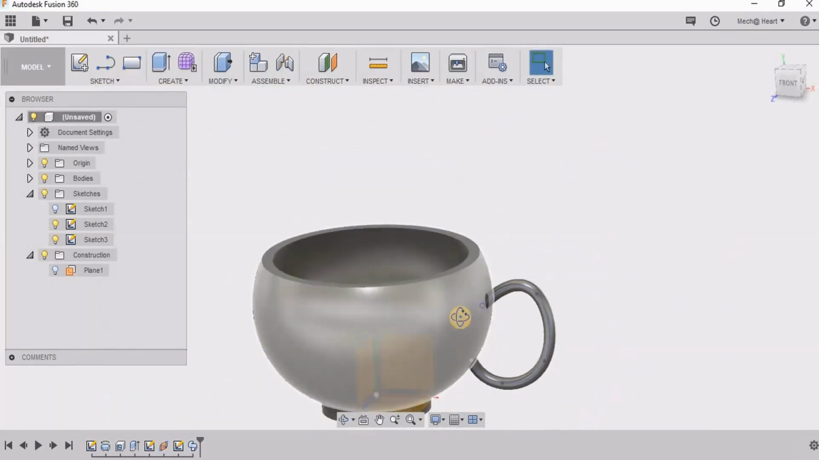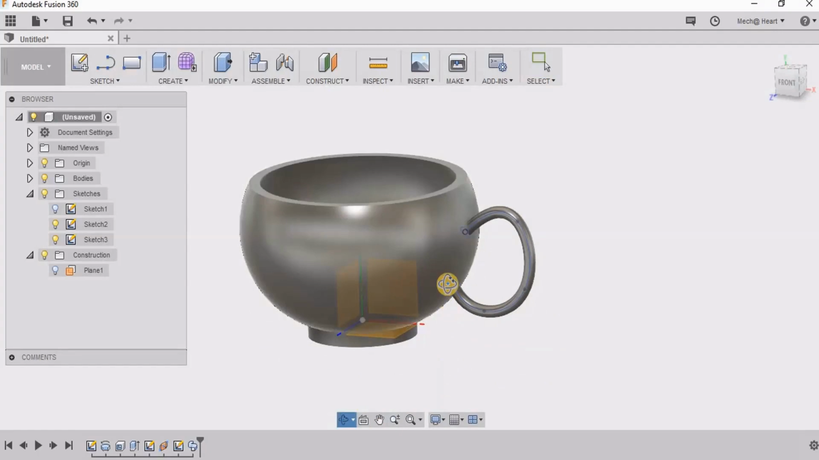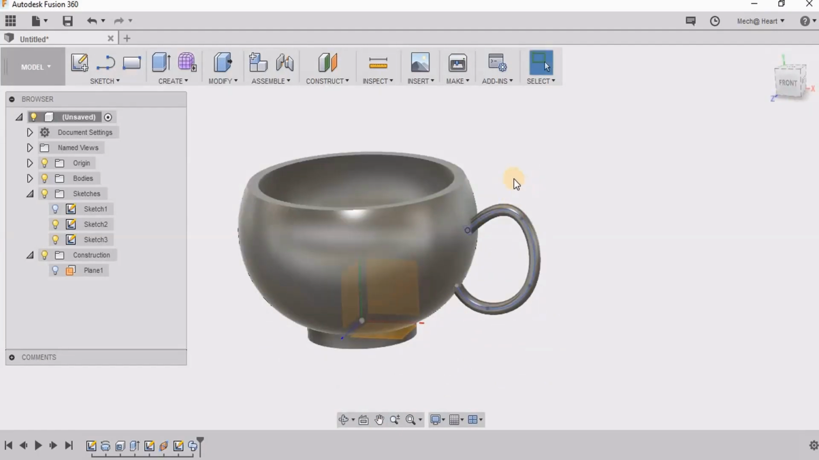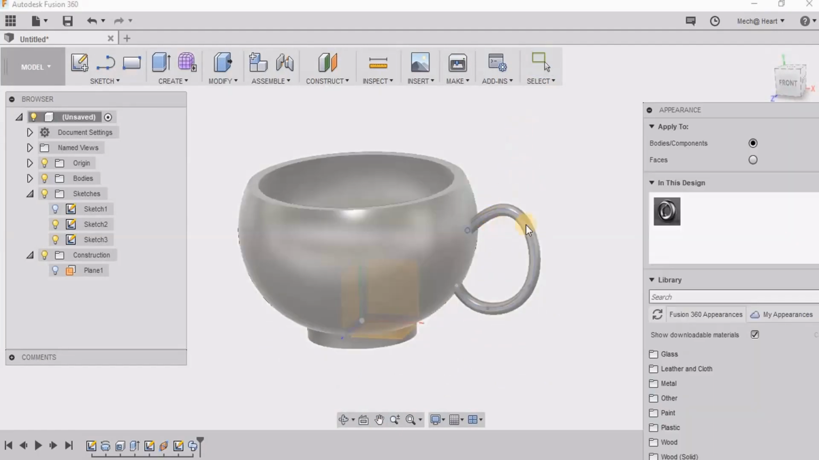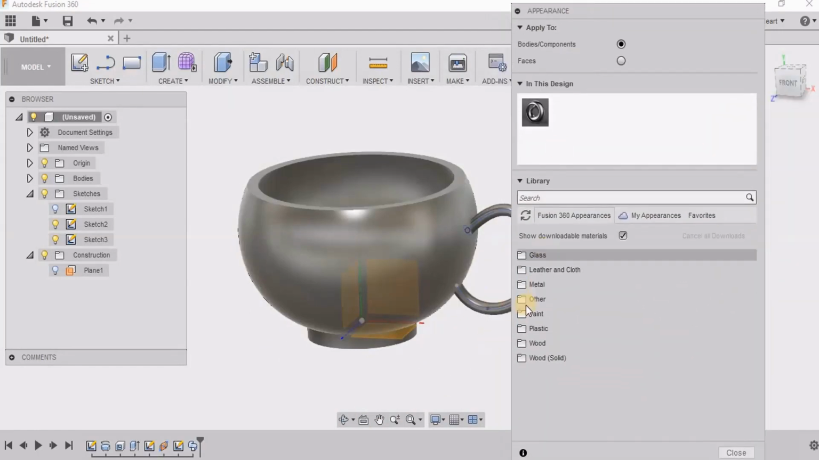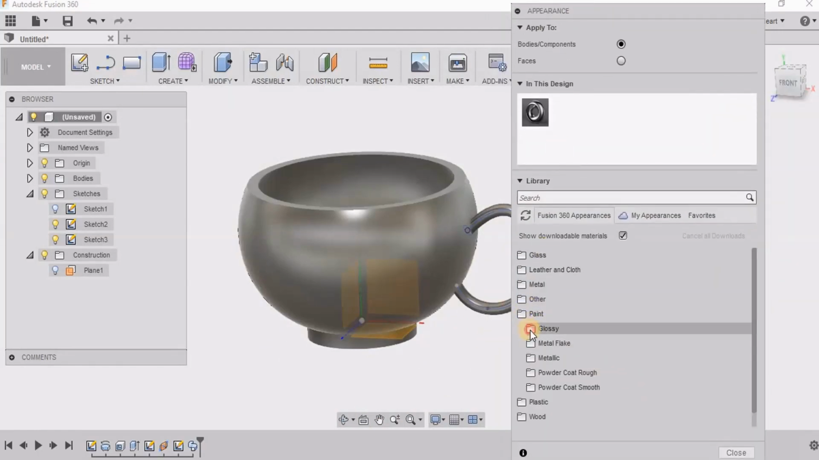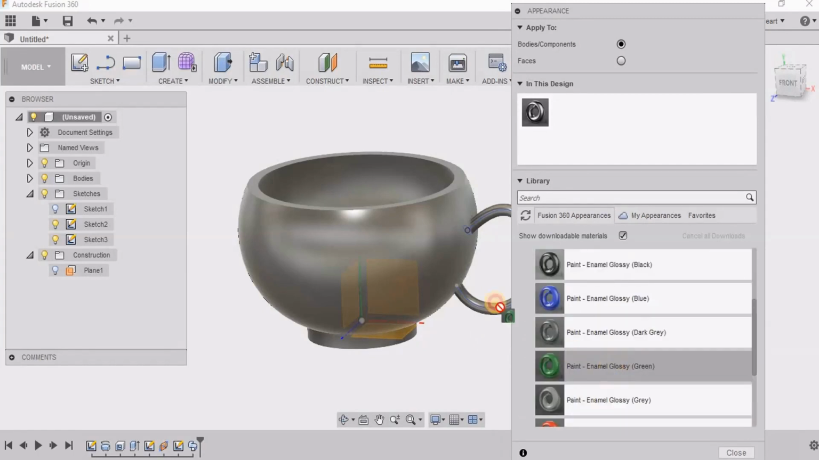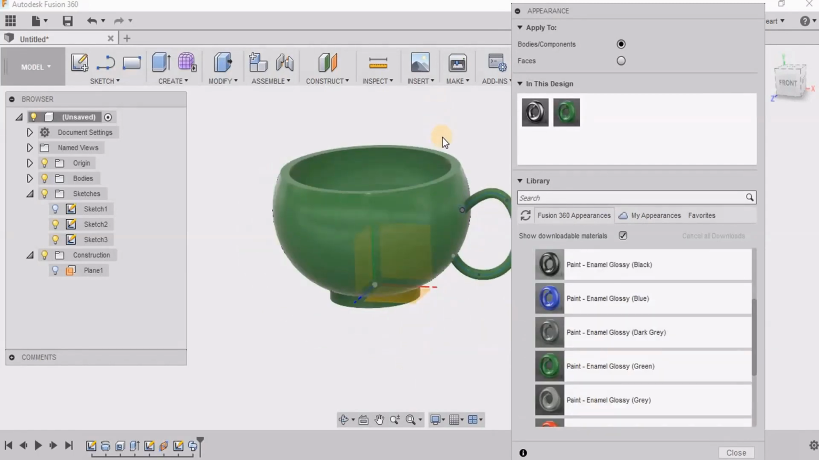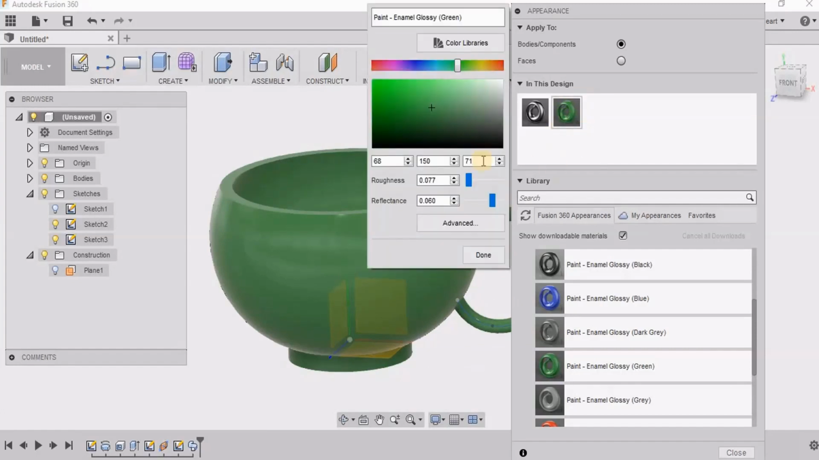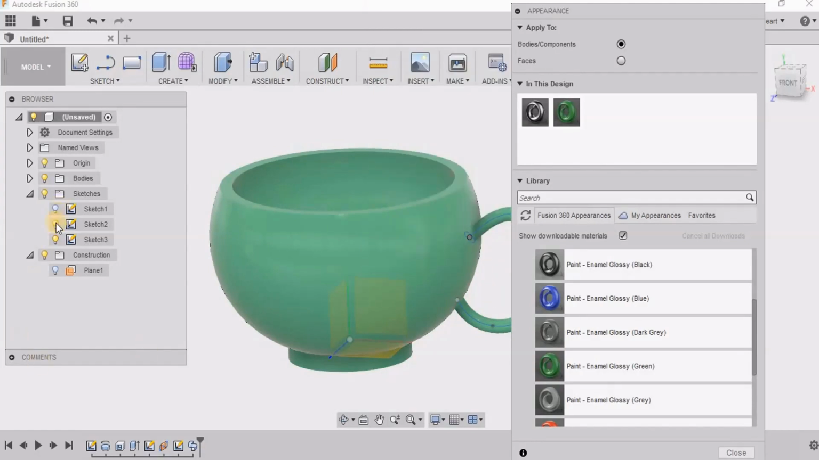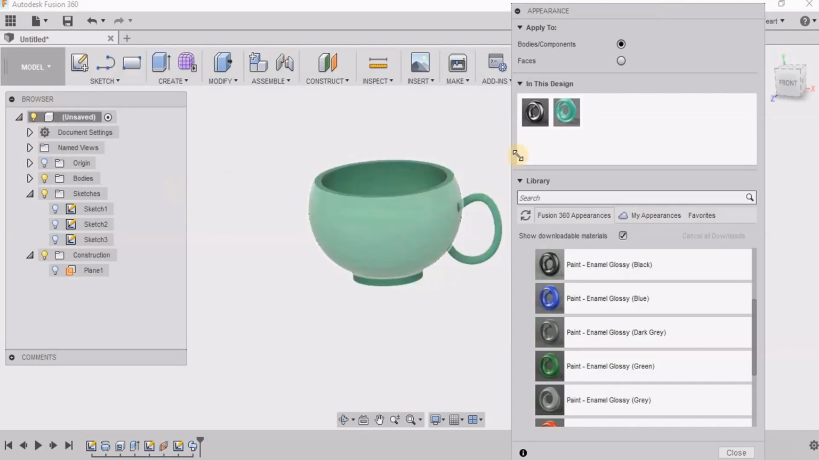Now I can add colors and material to it so that I can give a natural shape to it. So I'm going for appearances, and I'm going to go for glossy. I can again give any color that I need. I can switch off these sketches and also this origin so that I see my